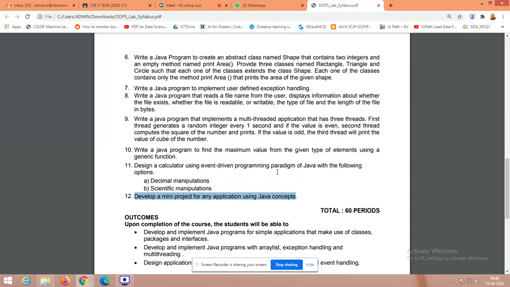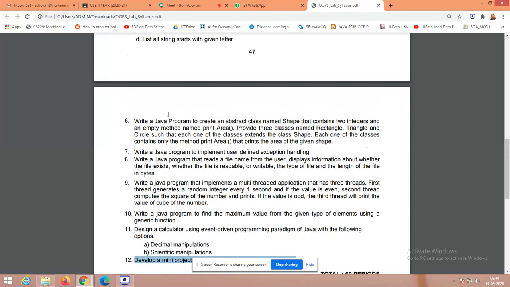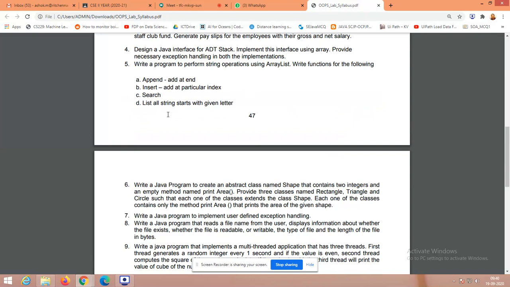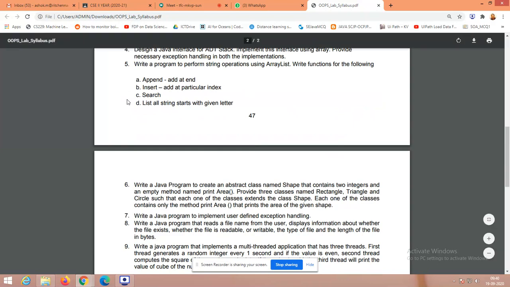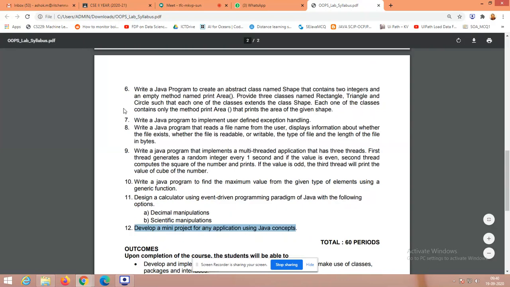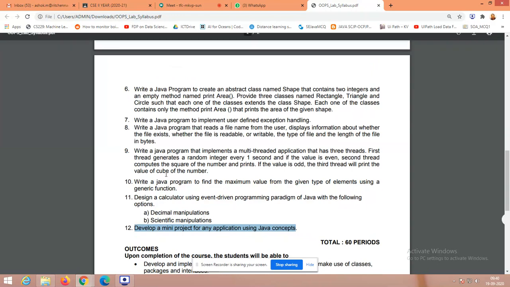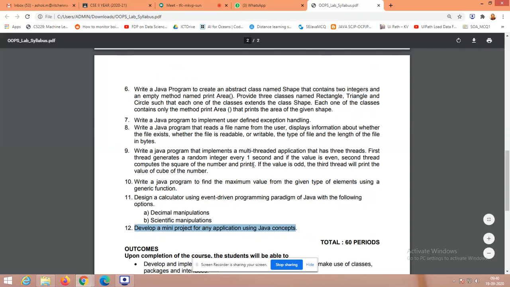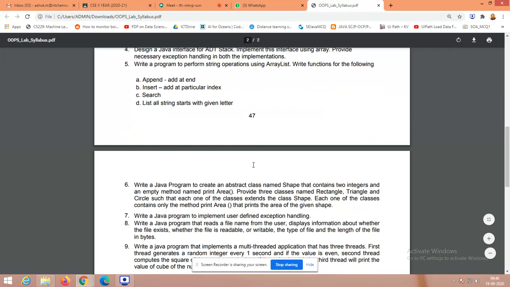I'll be suggesting you to take it forward, and the rest of the contents we will discuss in the next lab session. So till now, you have 7 programs, okay, 1 to 7 programs. The mini project you can run parallelly, no issues. The mini project we will evaluate starting once.